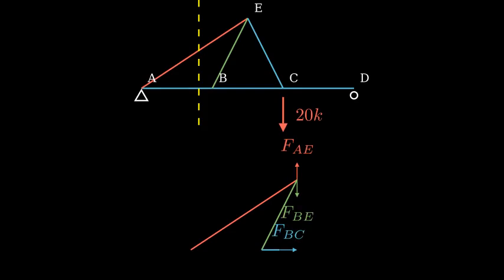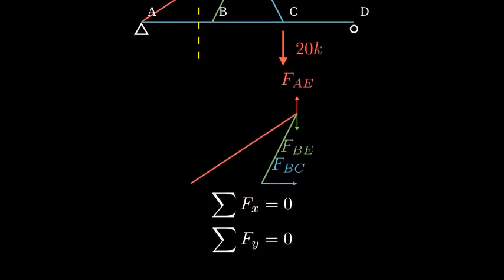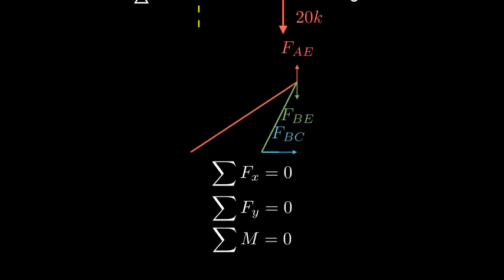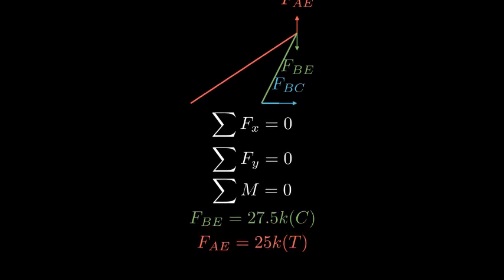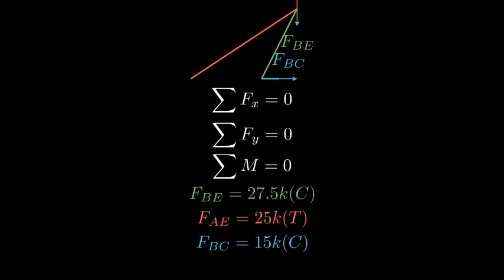To solve for the member forces, we'll use the equations of equilibrium. The sum of forces in both x and y directions must equal 0, and the sum of moments about any point must equal 0. After solving these equations, we find that member B has a force of 27.5 kips in compression, member AE has a force of 25 kips in tension, and member BC has a force of 15 kips